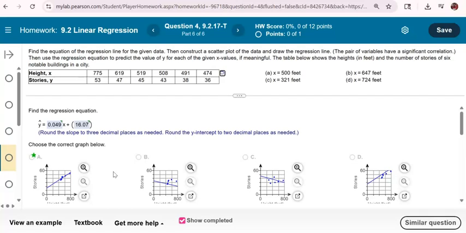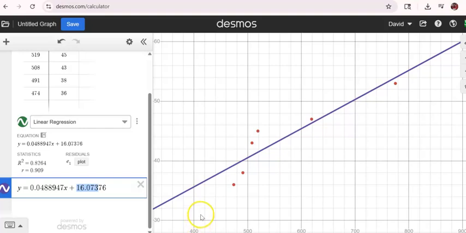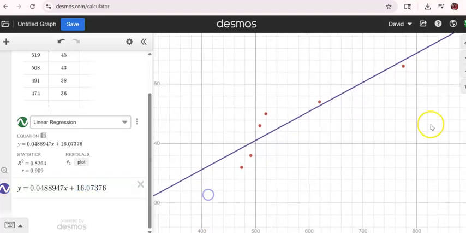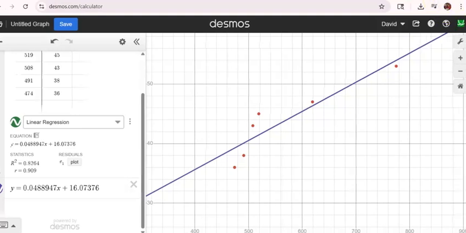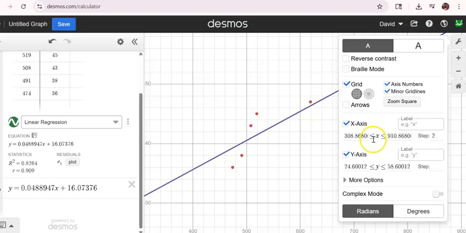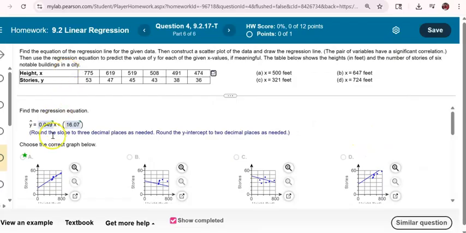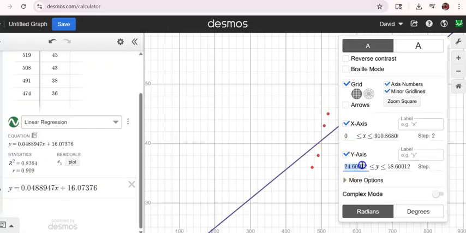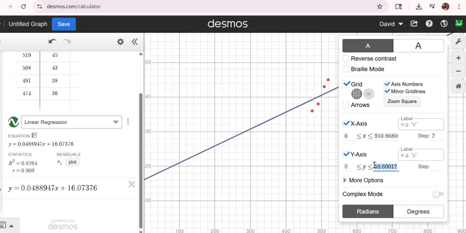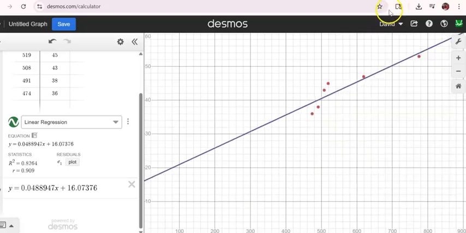Now, you got to be careful here because all of these include 0 on the x-axis, 0 to 800, and ours zooms in around it, so it's not going down to 0. Okay, so I'm going to click over here on the wrench tool. Let me move this over so you can see it. There's the wrench tool, and I'm going to make this x-axis lower number change to 0. All right, and then it goes between 0 and 60 on the y-axis. I can make that happen as well by making this 0 and this 60. All right, so there is my